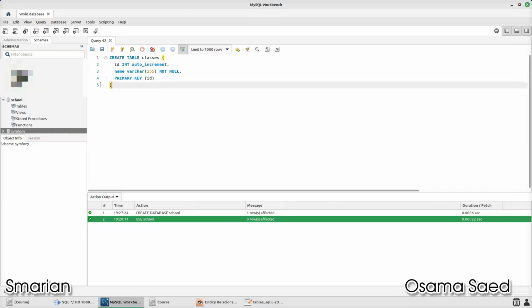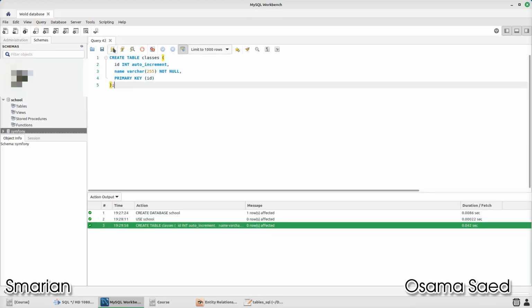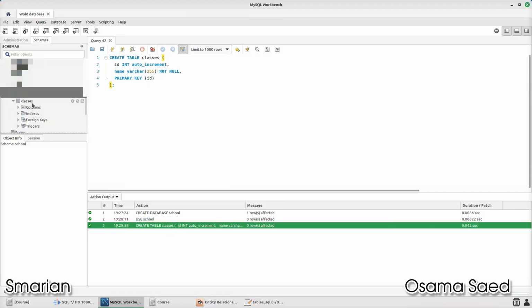Okay, all good. We will execute this command, which is good. We have to refresh our schemas. We have one table called classes. Okay. Then we will create our student table. We will comment the previous command,